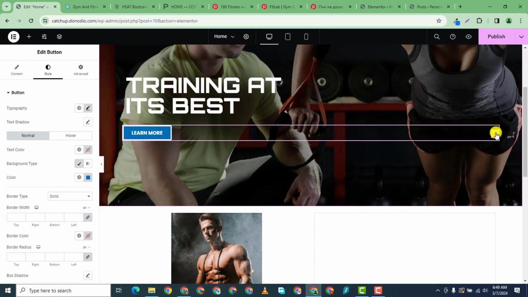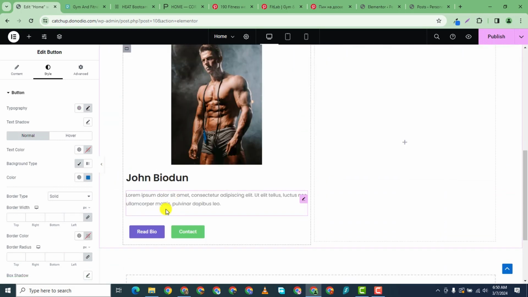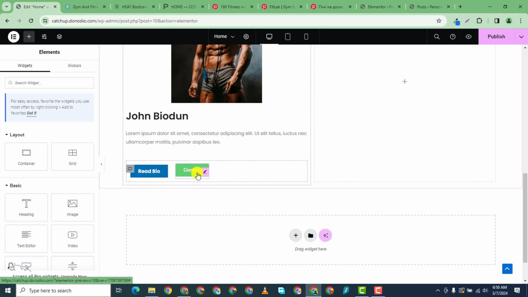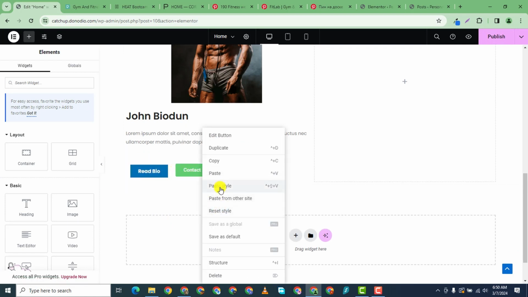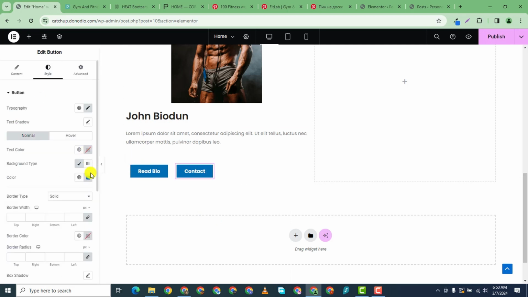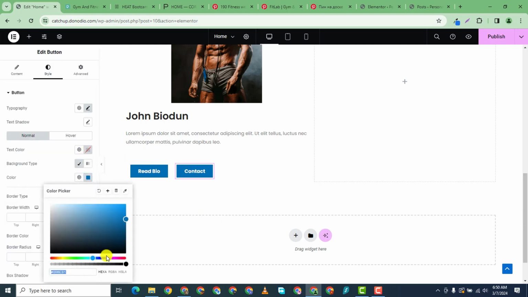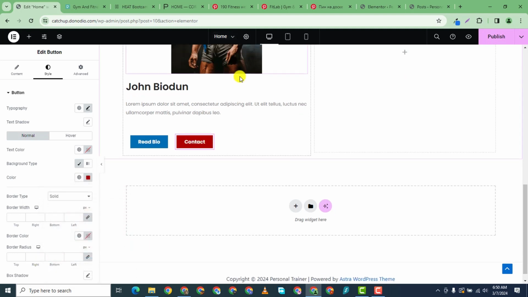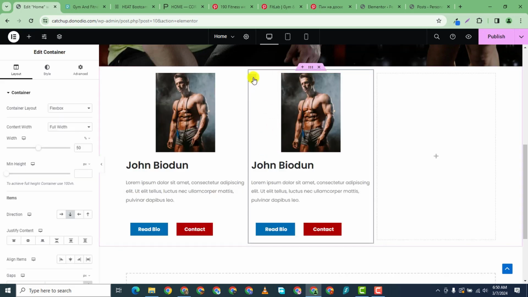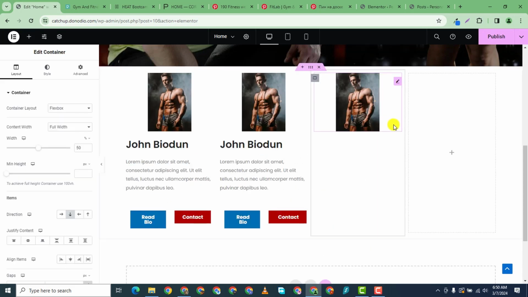Let me just copy this style, and I'll paste this in here. Then what I can go ahead and do is change the background color of this one to probably red. Okay. If I duplicate this,